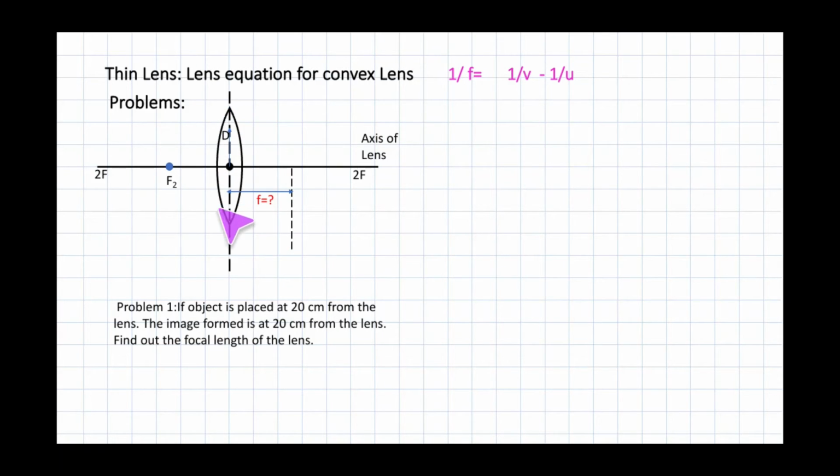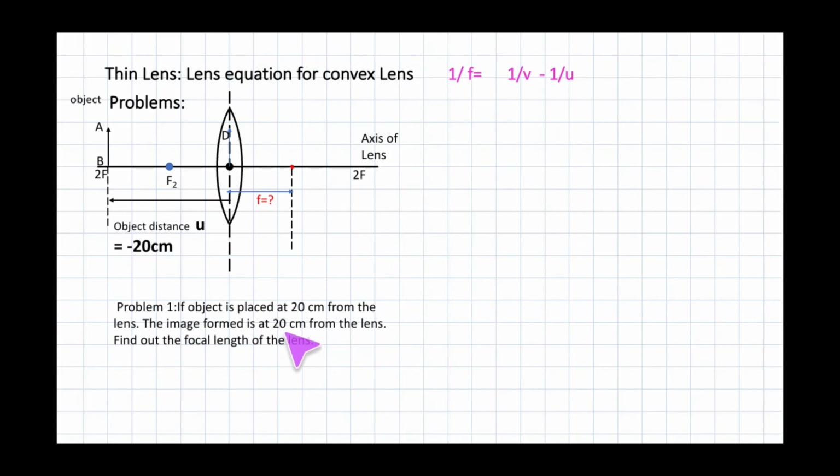So here we have taken one lens system, and you can see that this is the optical axis, this is the focal point F2, and here also is another focal point. Now the problem is that an object is placed at 20 centimeter from the lens. So here the object is in object space. From the optical center the distance is 20 centimeter, and as the object is to the left of the optical center, the distance is considered minus 20 centimeter, that is U is equal to minus 20 centimeter from the lens.